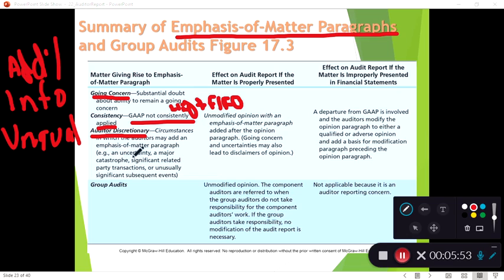Maybe it's a really large uncertainty that's sitting out there, like some really large lawsuit, for example, right? Class action lawsuit. And it's so large that the auditors feel like they need to put that into the audit opinion again and refer the readers to the appropriate footnote